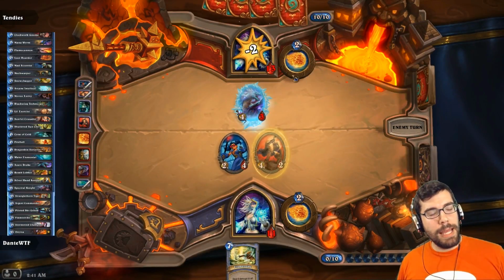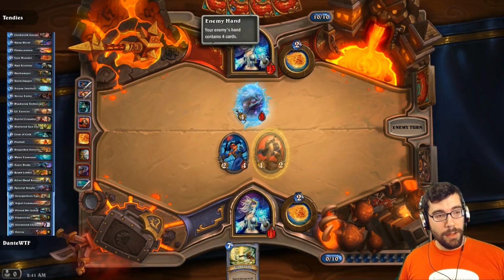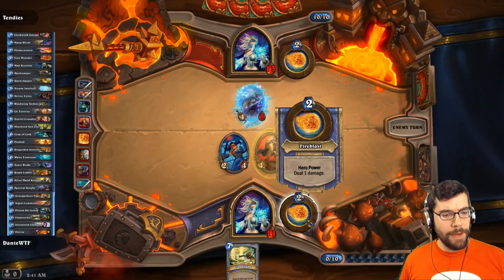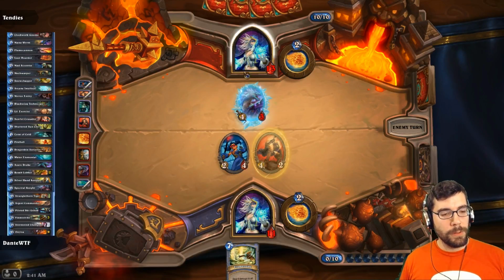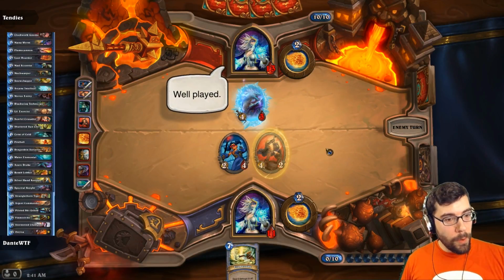My goal here is to try to beat them, because I feel like they have a lot of, like you saw, he didn't get a Fireball, which does 6 damage, and he was holding on to his Frostbolt, which is 9 damage plus the ping. That's 10 damage. That would have killed me. So,